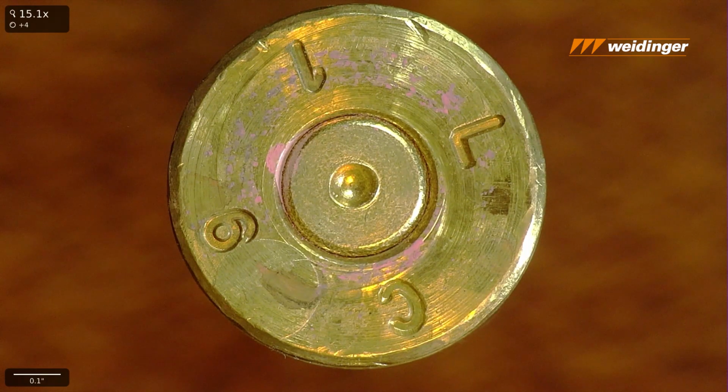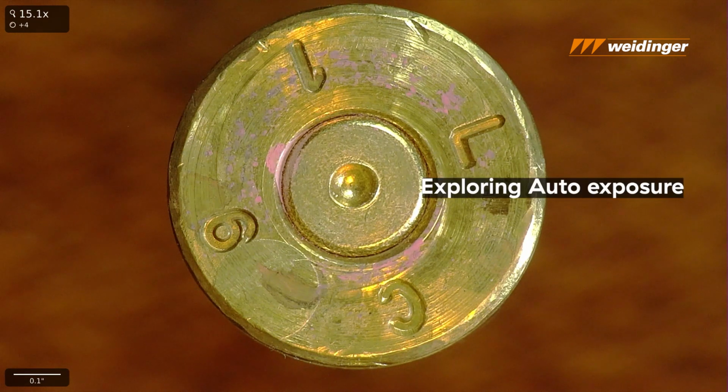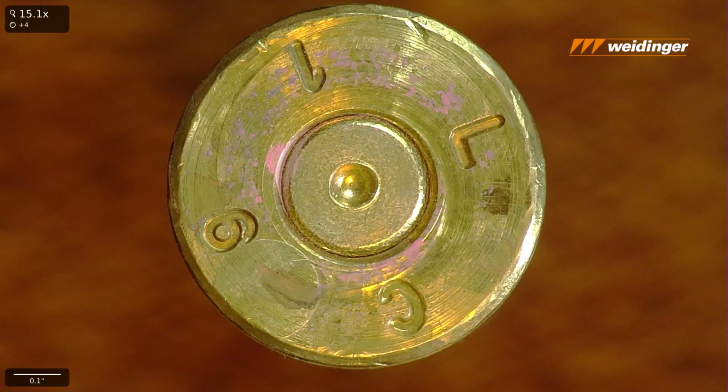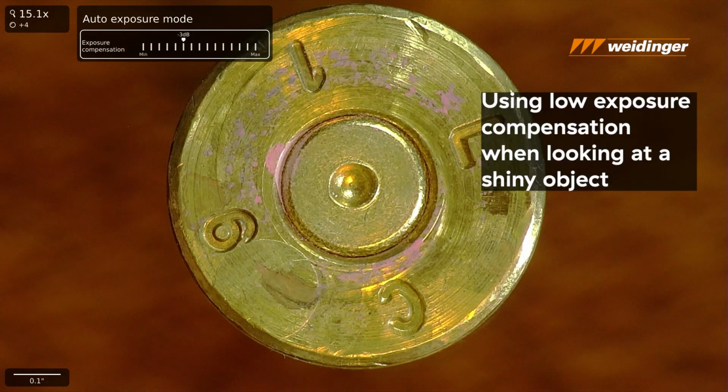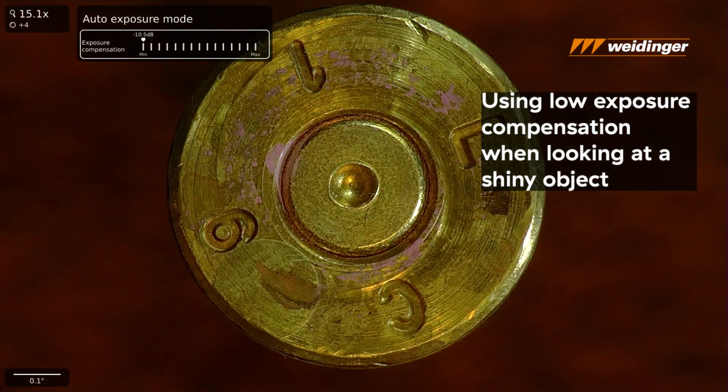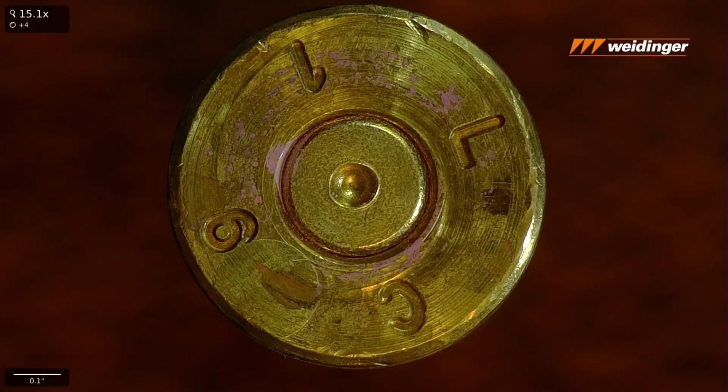Okay, this is the default setting with the TAGARNO system. Auto exposure is turned on, but you can see that the autofocus is also being auto exposed. So what I can do is come in and click left on my control panel, because we're looking at a bright metallic object. I'm going to turn our auto exposure